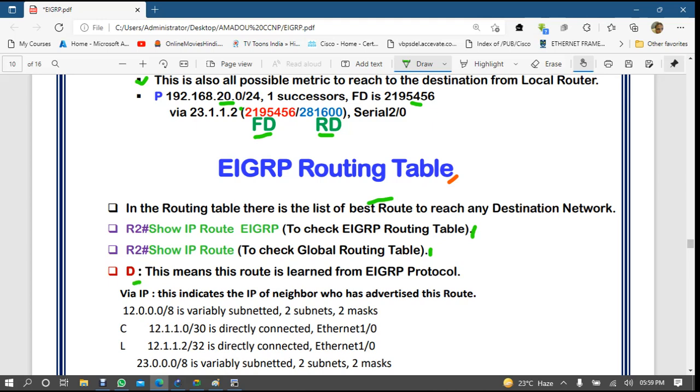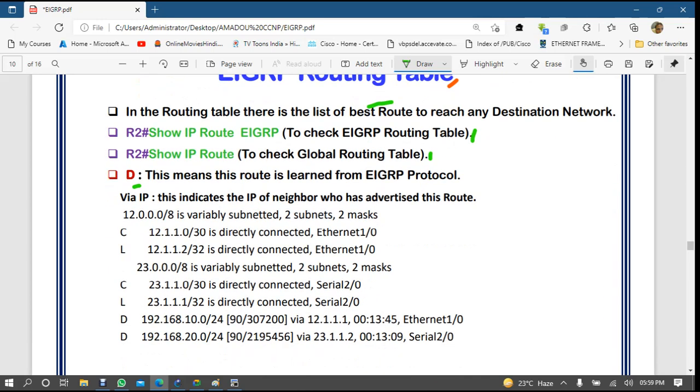D means EIGRP. For this network I am receiving, the administrative distance is 90. This is the best metric, or feasible successor you can say, via this neighbor. Uptime is how long my neighbor has been up. And this is the Ethernet interface.